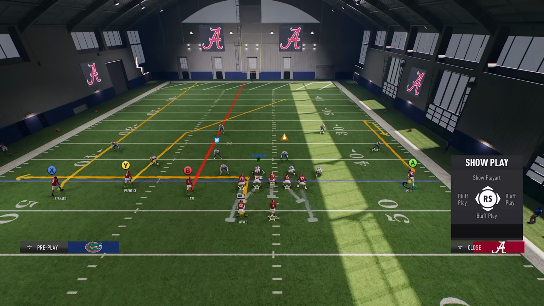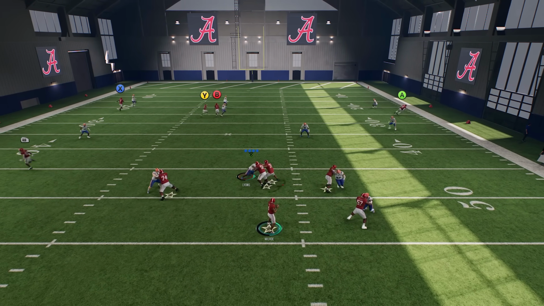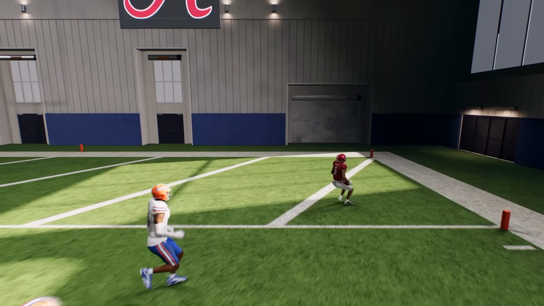But against Cover 3, what we're trying to do here is hit the Y receiver as he crosses the field. So this is how it should look. And as you see, we are bombing Cover 3 for a one-play touchdown